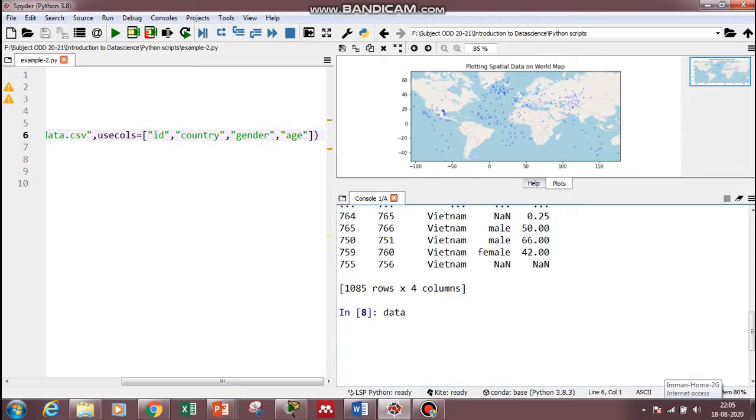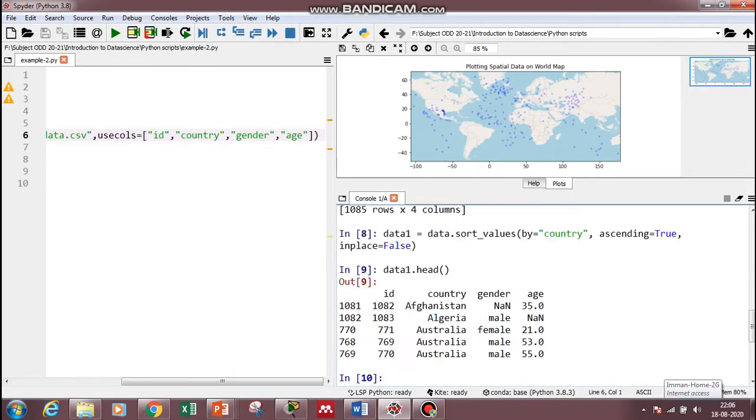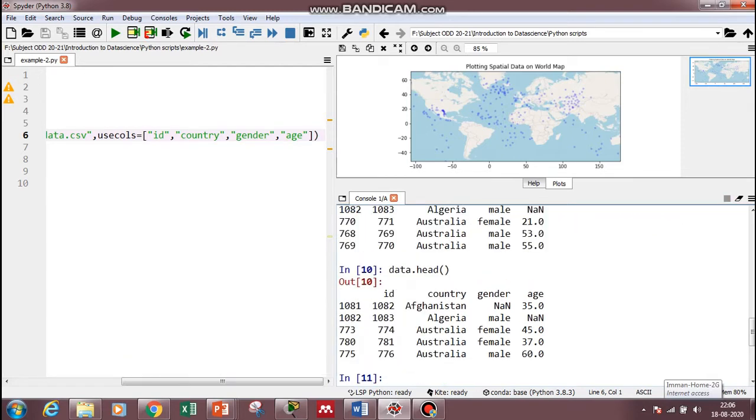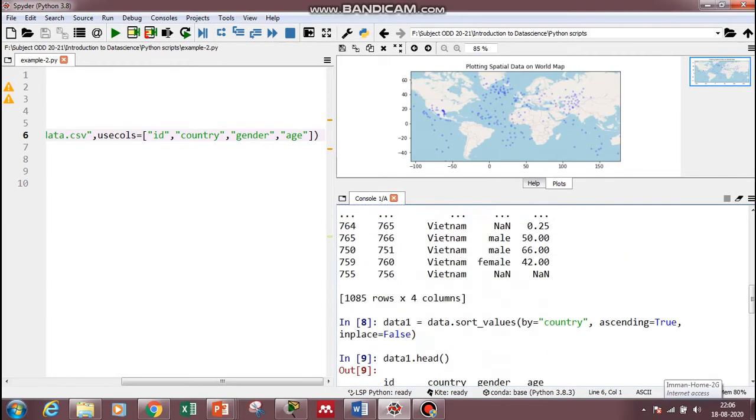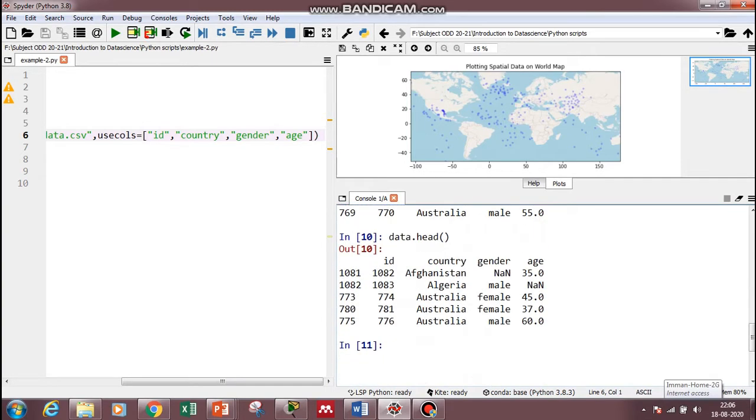In that case I should give one more data frame, data1 equal to the same command in ascending order, and inplace is equal to false. Now let's check data1 dot head. Yes, the ascending order is done, but what about data dot head? We have already sorted here, so the ascending order is coming over here.